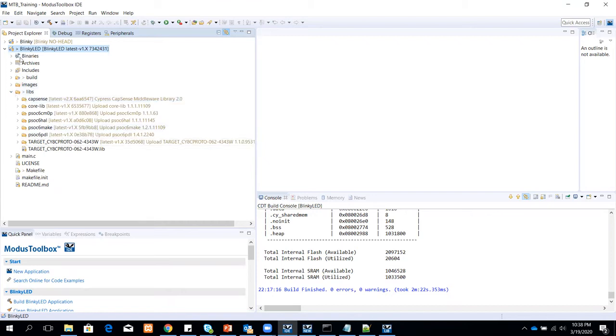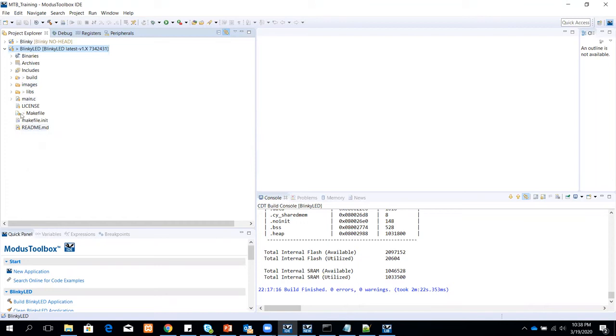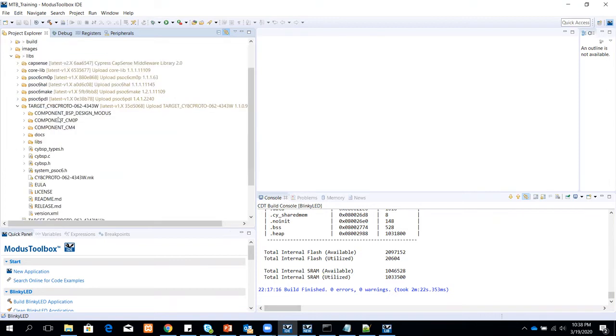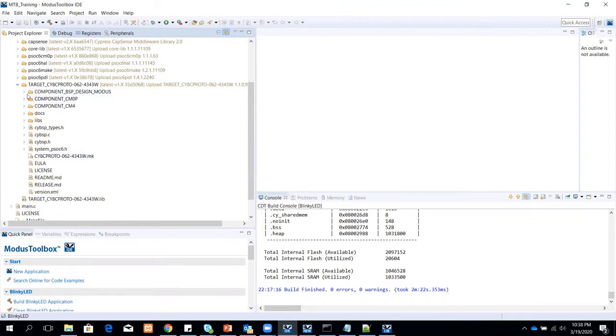As I told you, the directory structure is as follows, and the main directory that you will look into is the libs, and inside here the target BSP folder, and inside the component BSP design modus folder you will find the 3 different configurators.